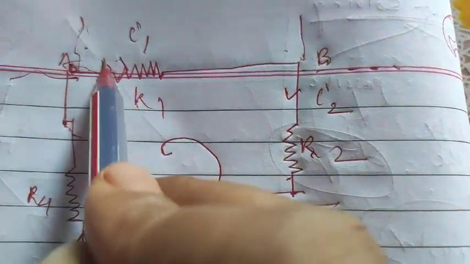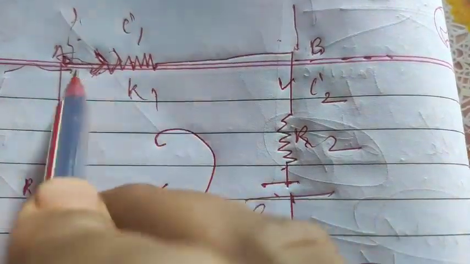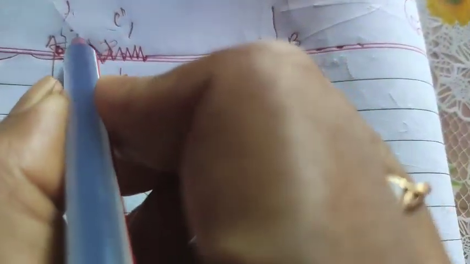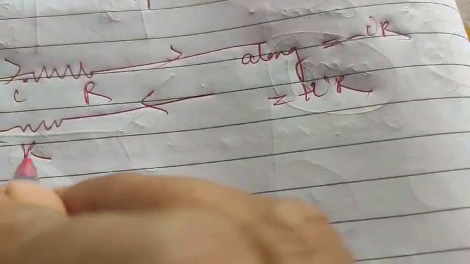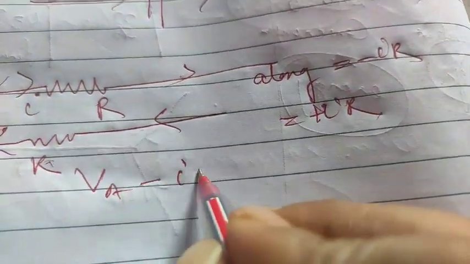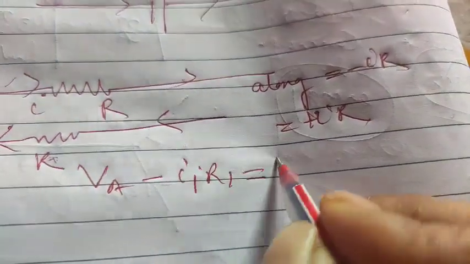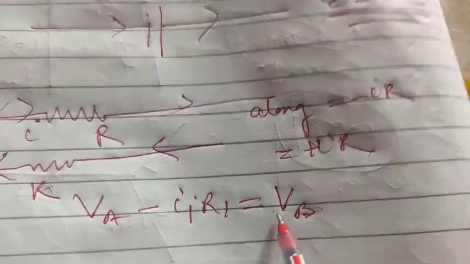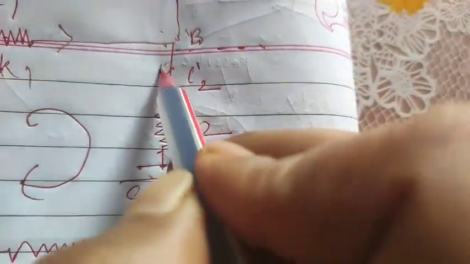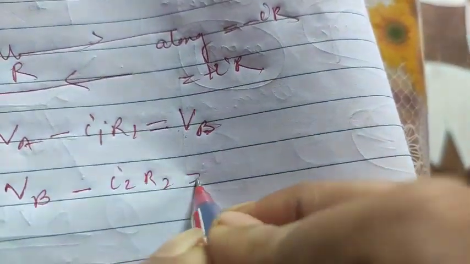Now if you see the circuit, student, A to B, the arrow is like this, means it is going with the resistance. See, the arrow is like this, it is going along A to B. So what I will take, VA minus I1 R1 is equal to VB, because my final aim is VB, right? When you are going B to C, see the arrow, it is again along, means toward the resistance. So it is VB minus I2 R2 equals VC.